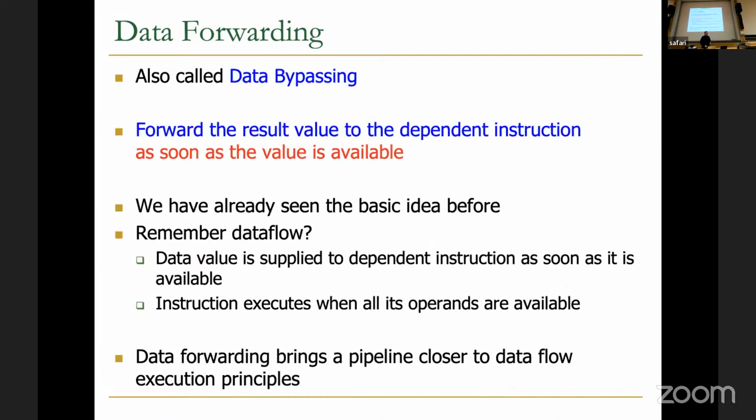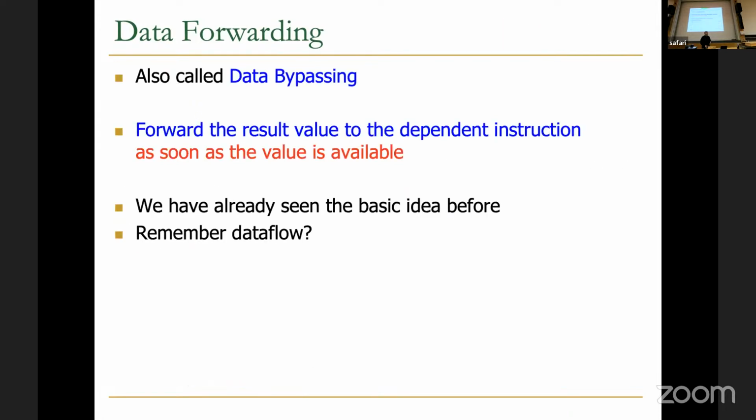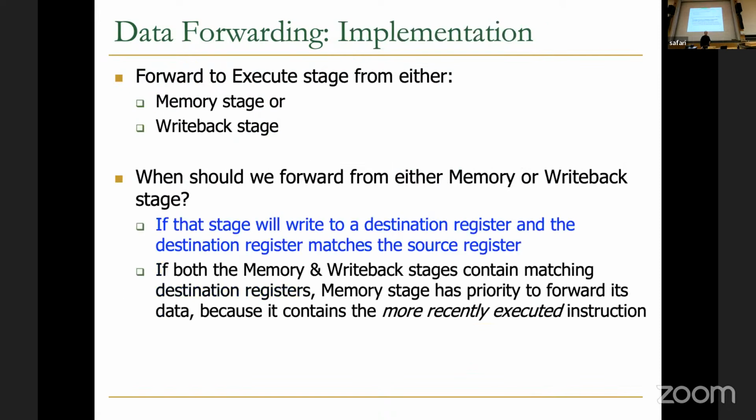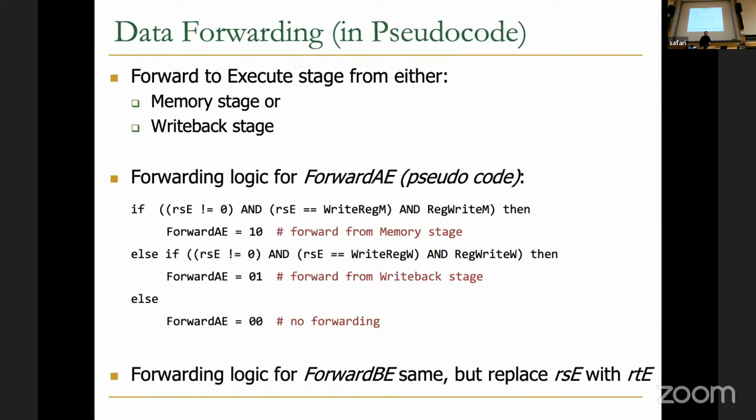So we always prioritize the memory stage over the write back stage when you want to forward. That's a very important criterion. You can also see here in your book the pseudocode for how we do the forwarding. If you have a source register in your instruction, and this source register is equal to the write register that the previous instruction is going to write,